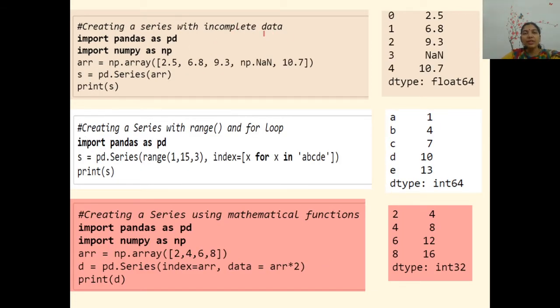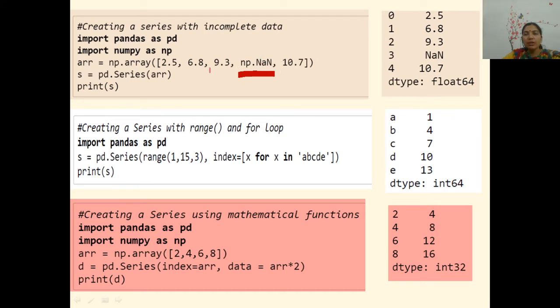Creating a series with incomplete data. When sometimes we have no data available for a particular index, then we can enter a NaN value. And how to give the NaN? np.nan. So here I have one array, np.array with a few float values.